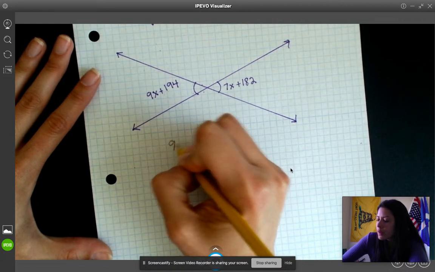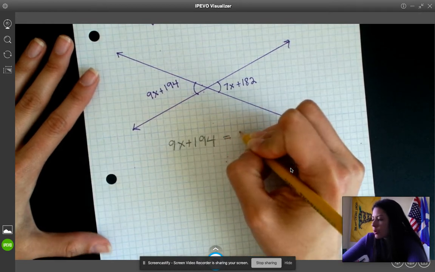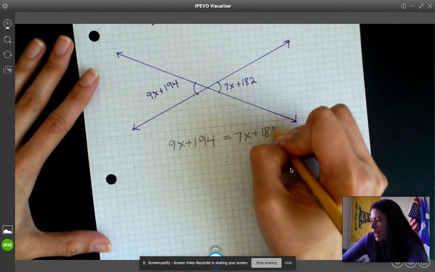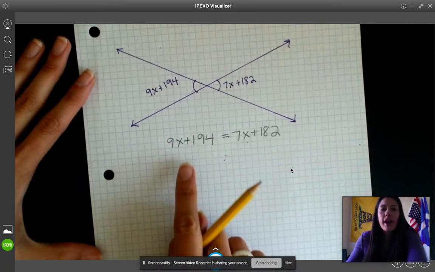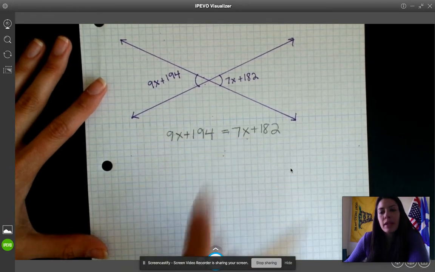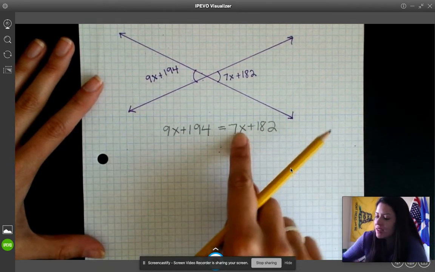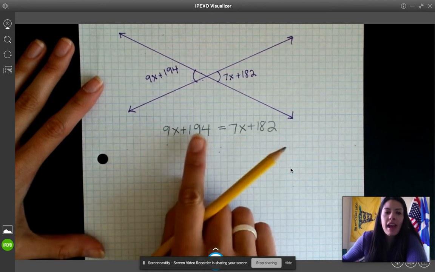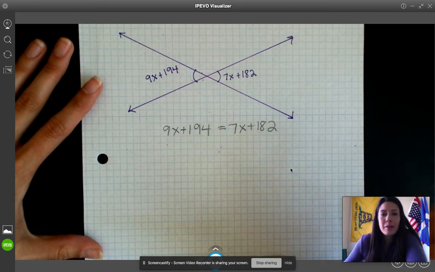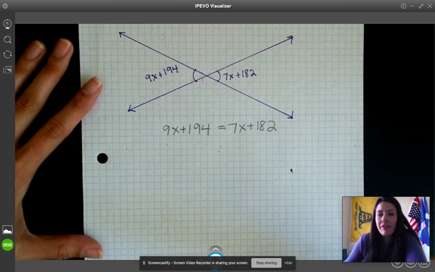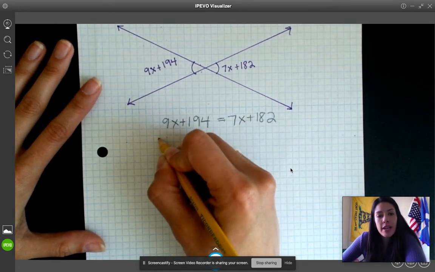So 9x plus 194 is equal to 7x plus 182. Okay. So now this is a little bit different. I do have like terms, but they are on opposite sides of my equal sign. So what I'm going to be doing essentially is moving this 7x to be with this 9x and moving this 194 over here to be with its other constant, okay? What I mean by moving it over is, again, reverse operations, okay? So if I take away 7x over here and take away 7x over here,